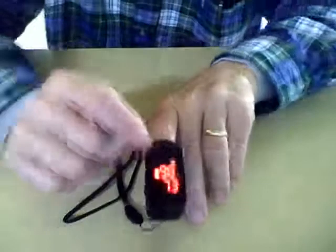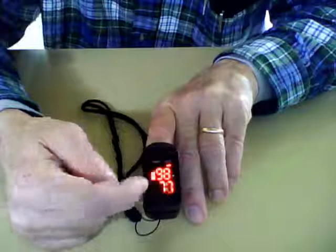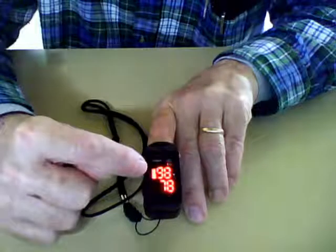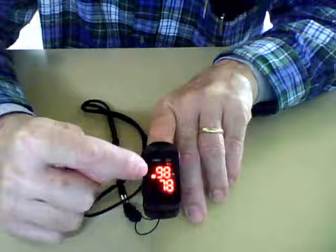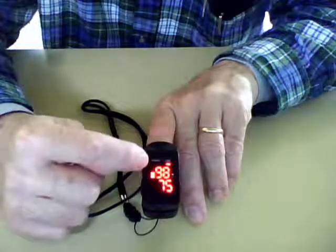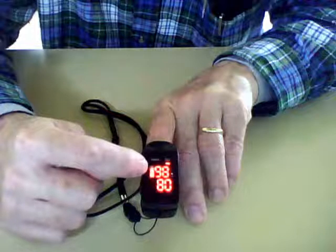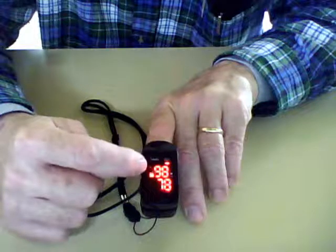What this does is it'll tell you your oxygen level. Mine's at 98. It'll show you your pulse, and then after a while you get accustomed to reading this. It'll show you the strength and the consistency of your heartbeats. You couldn't rely on this to determine if somebody was in cardiac arrest or anything, but